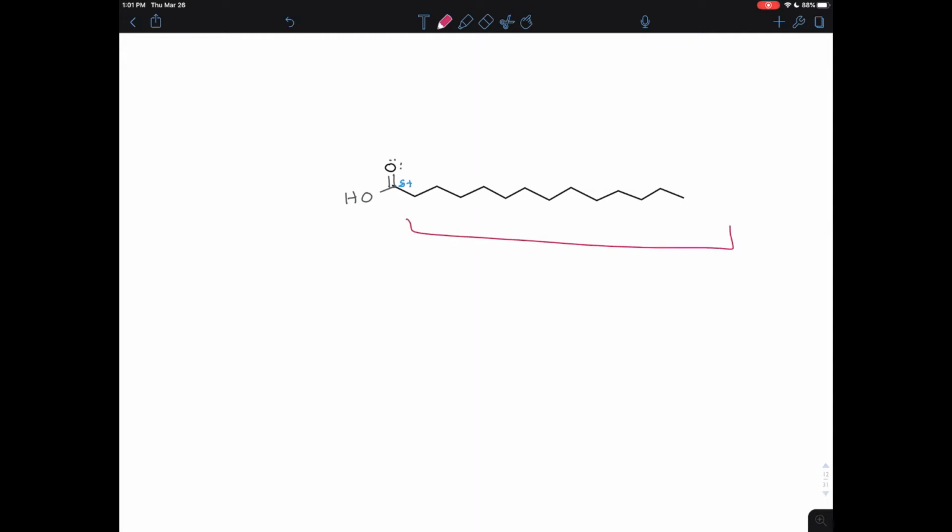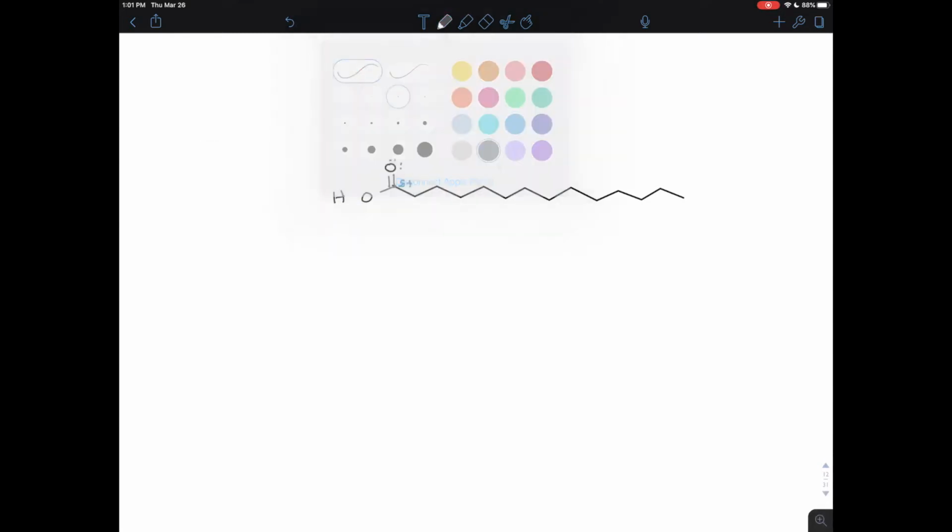So they're fatty because you have this long nonpolar part on the right, and fats and lipids in general are defined as biological molecules that are soluble in nonpolar solvents. So this is nonpolar, so by definition it's fatty. And then the other part is this carboxylic acid head that you have. And it is an acid because the bond here,